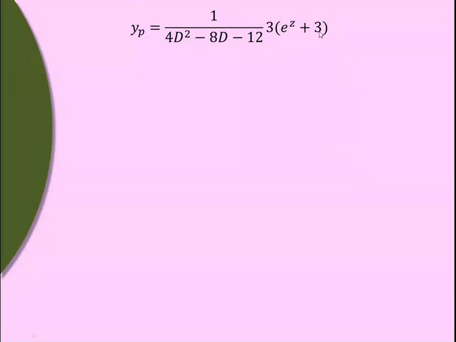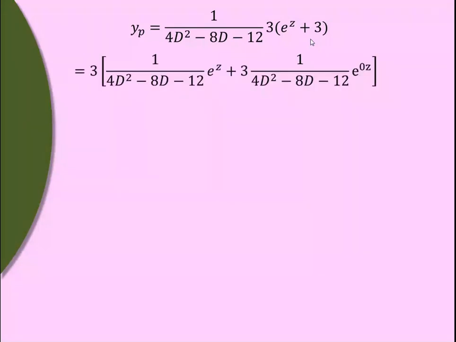In shortcut method, we can also find a particular integral for a constant term, that is constant into e raised to 0x. But instead of x, we consider 0z. So shortcut method is applicable over here. So we'll go with that method. In variation of parameters and in general, we have to use some integration. So it is always better to go for shortcut method. So we have to check whether it is applicable or not. And here, formulas for these two terms are known, constant and e raised to ax. Now, everywhere we are just considering the z term. That is the care we have to take.